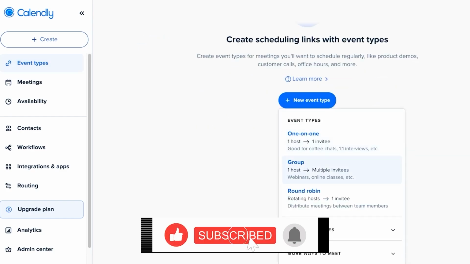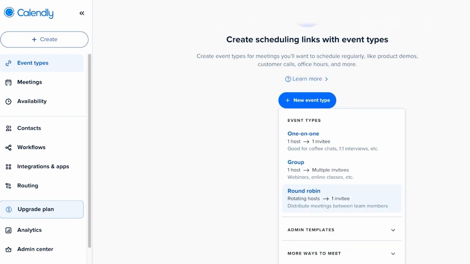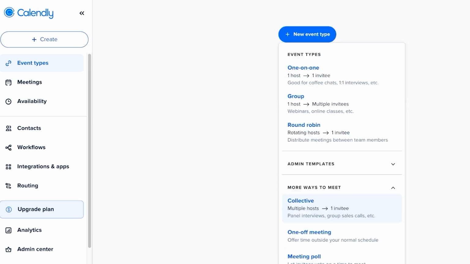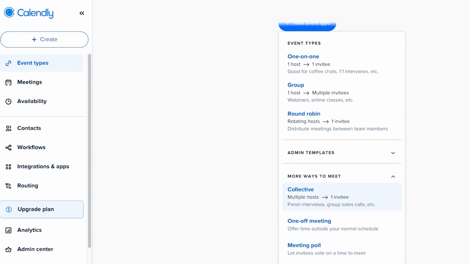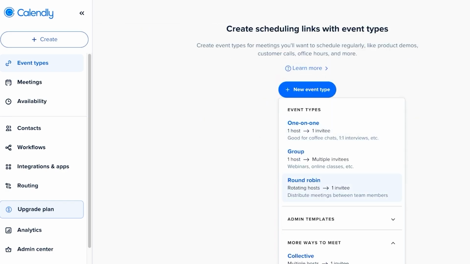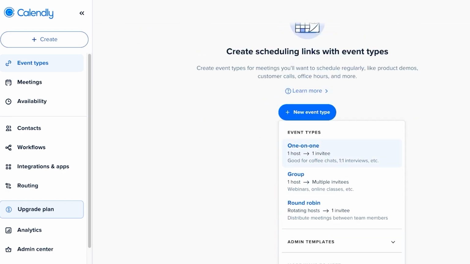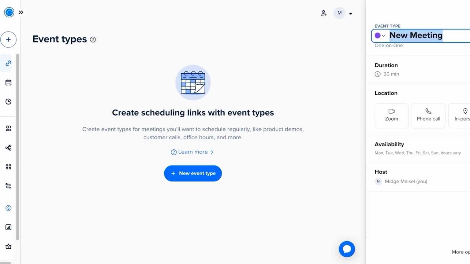Now, you have different types of events you can add, whether it's one-on-one, group, or round robin, where you have rotating hosts where you distribute meetings between different team members. You also have collective meetings as well as one-off and meeting polls. Now, I want to create a one-on-one meeting or event type, and once we do that, we can choose when